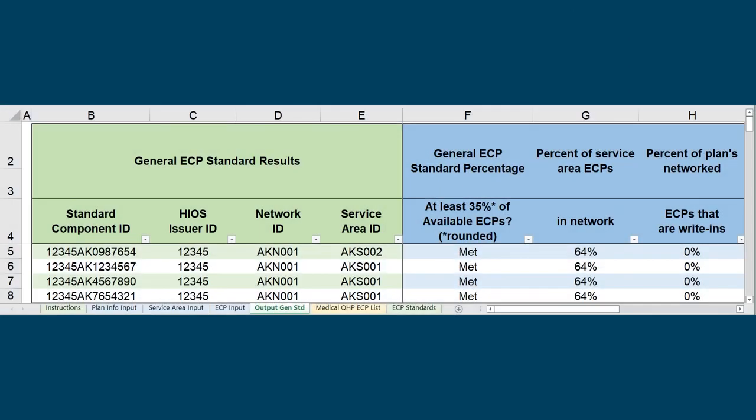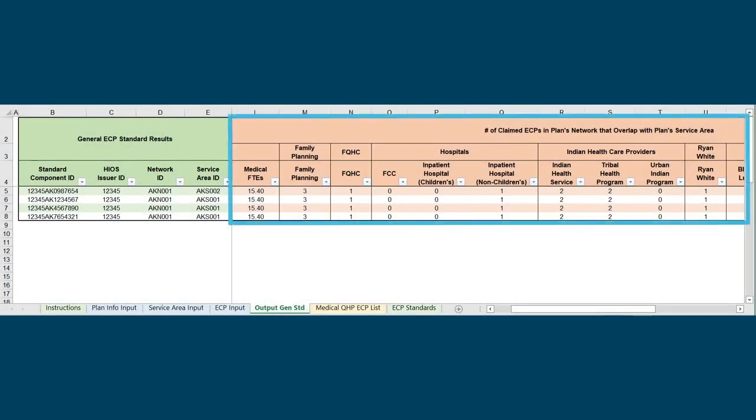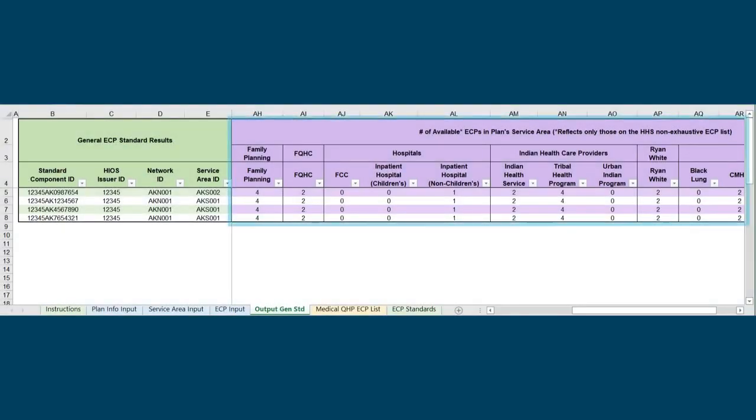On this tab, you will see the results for every plan entered in the tool. This tab will convey if the 35% ECP threshold has been met, the number of ECPs a plan has in its network that overlap with the plan service area, and the number of ECPs available in the plan service area.